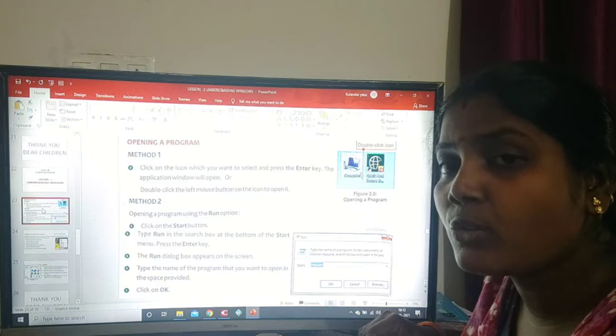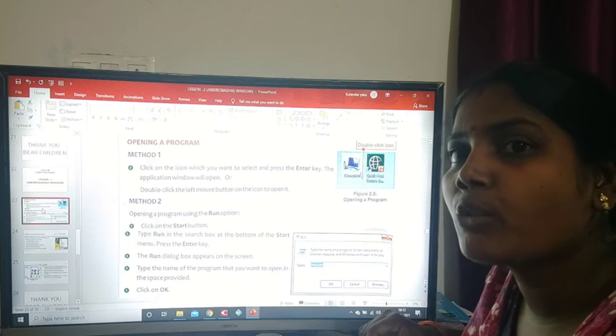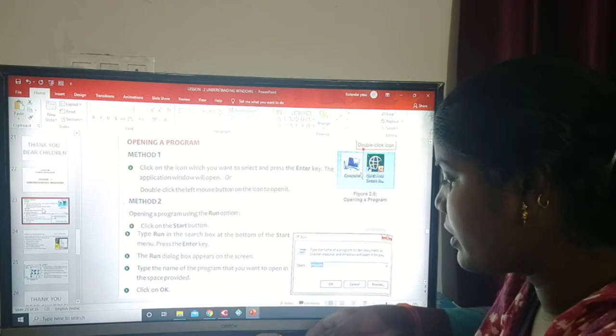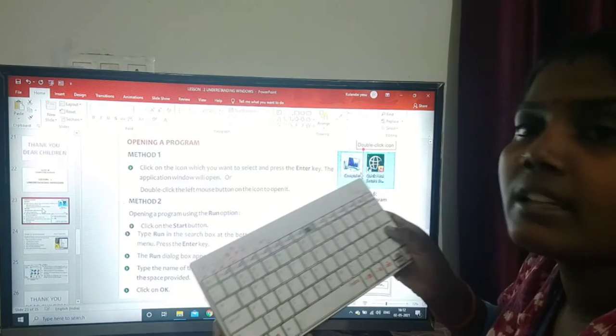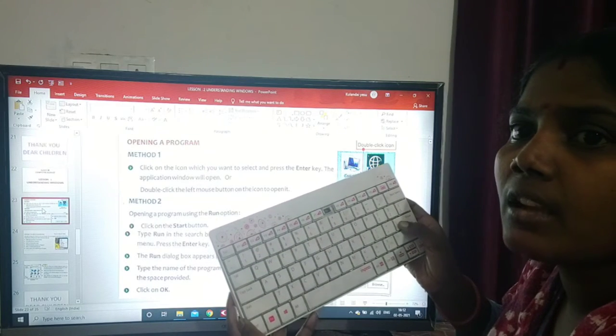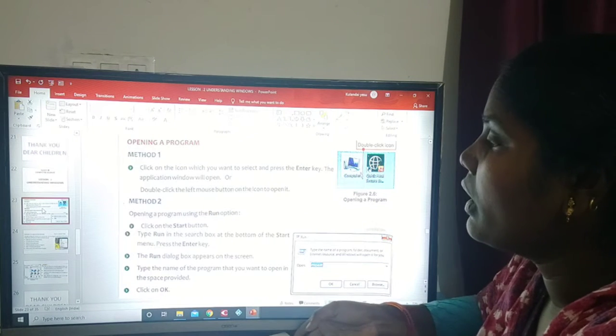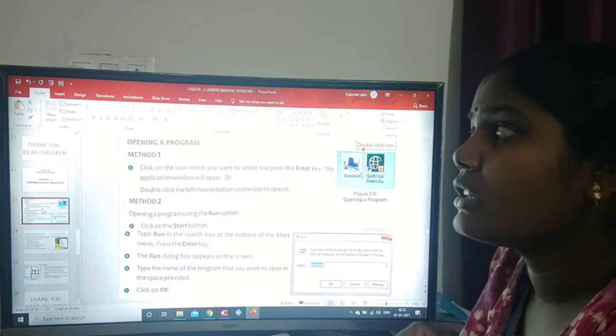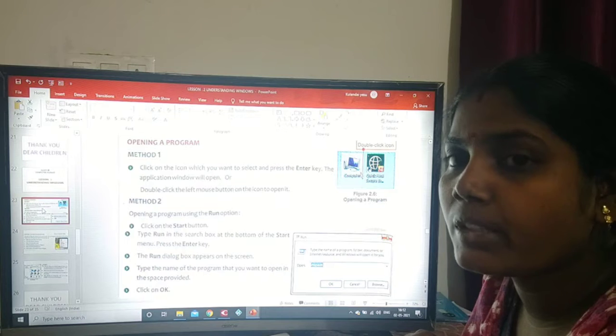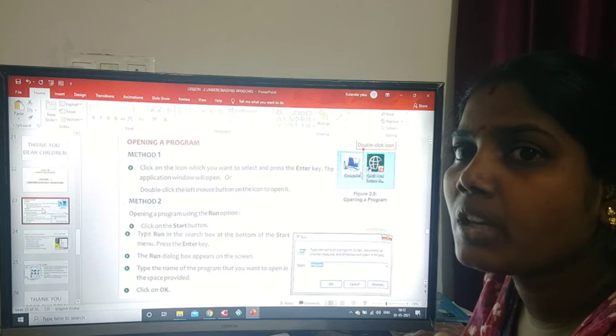So this is the enter key, we have to press that key, and then the application window will open. That is one way to open the icons.